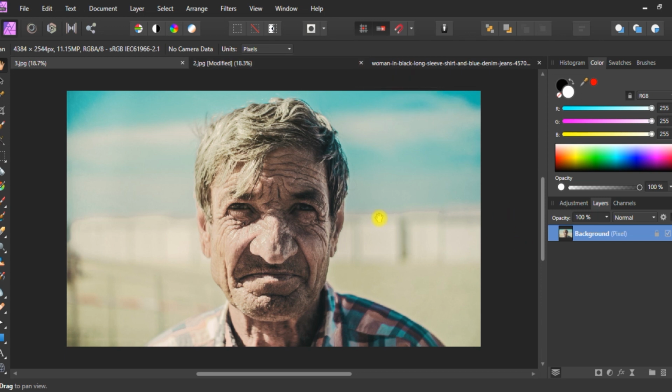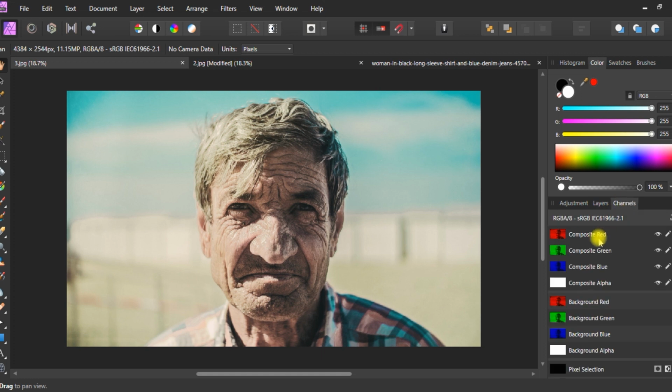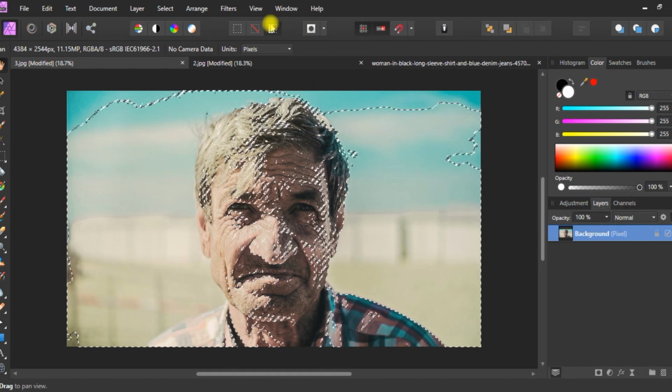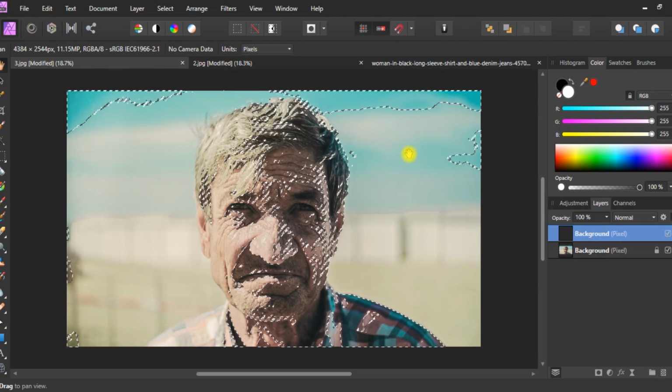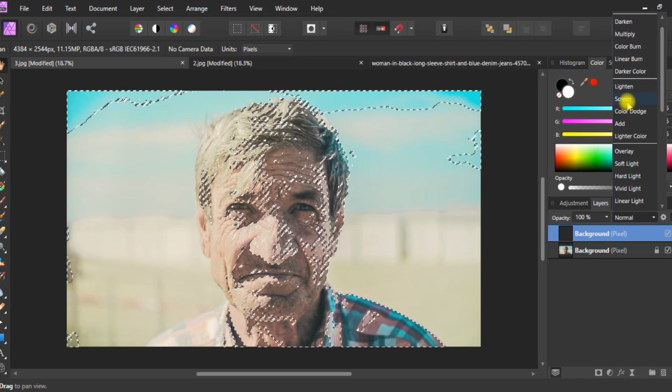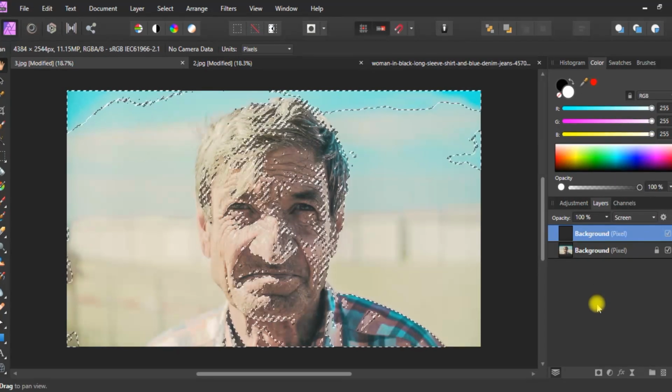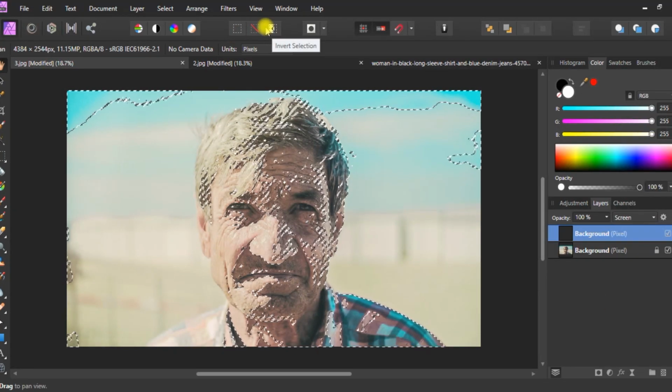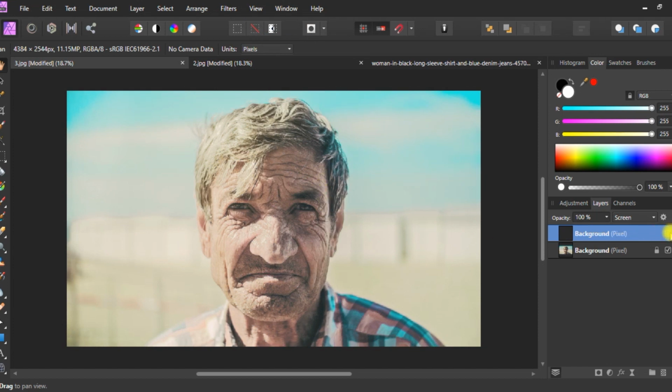So we are going to do the same for the first 3 steps. Just go to channel, load selection, okay, invert selection, make a duplicate copy of it, go to blend mode and then select screen. Make sure to deselect it of course. As you can see, our shadow has been removed, but our background's clarity has also been removed.